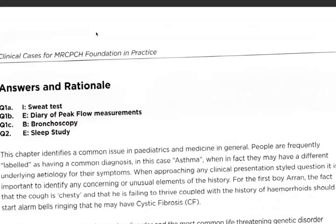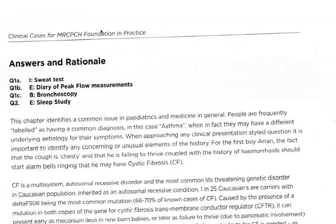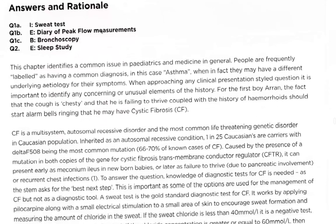So this case implies a common issue in paediatric medicine. People are frequently labeled as having a common diagnosis, in this case asthma, when in fact they may have a different underlying etiology for their symptoms. When approaching any clinical presentation style question,